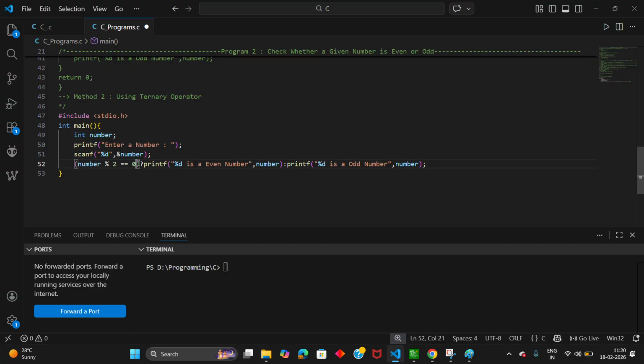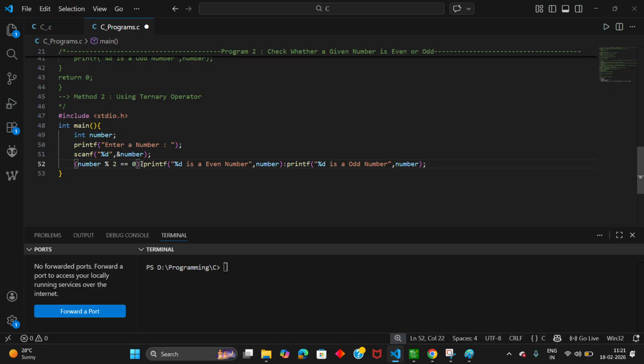The remainder will be 0 when the number is divided by 2, when the number is an even number, right? So then only do we need to execute the true statement.